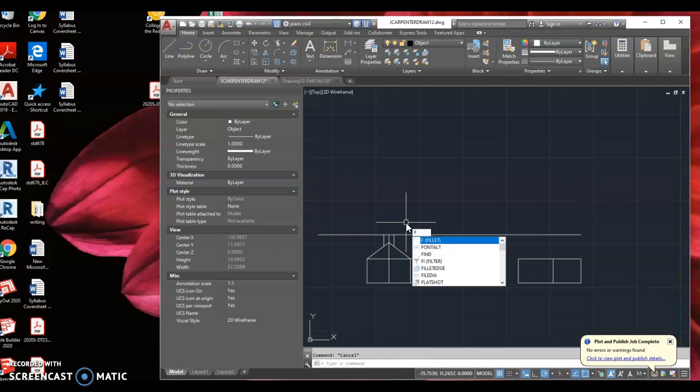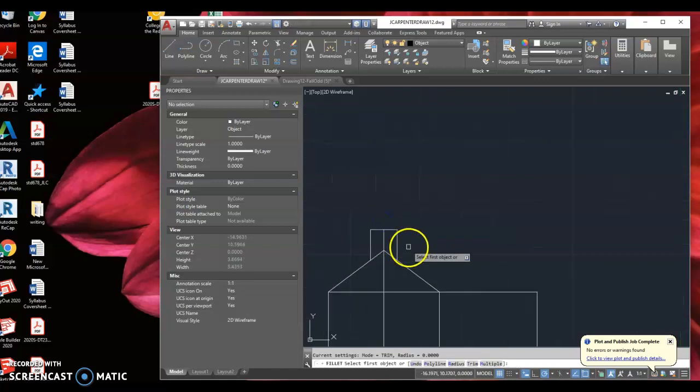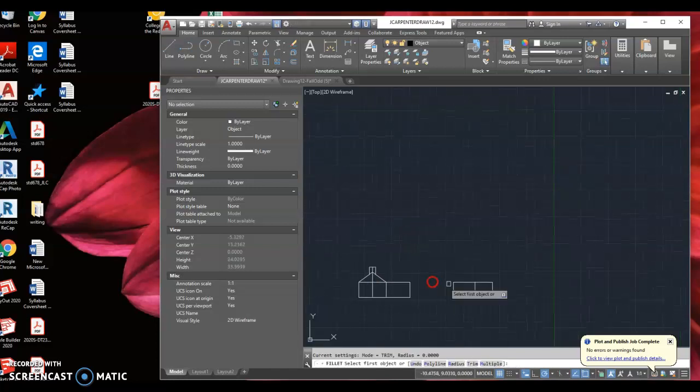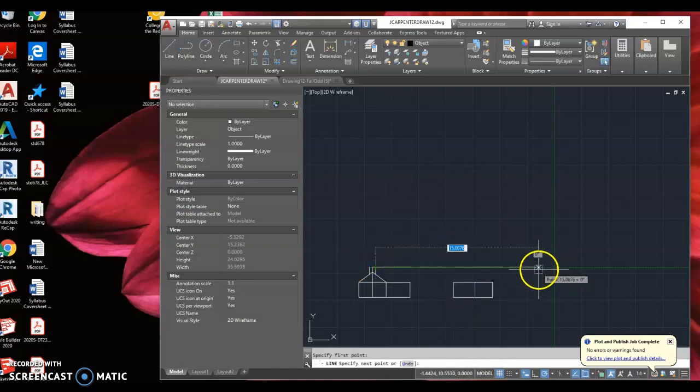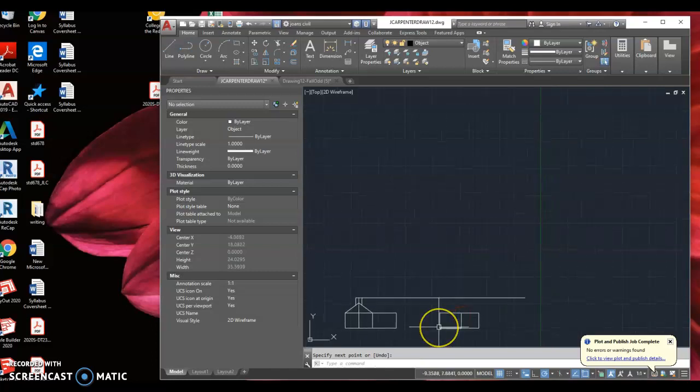And we can use a fillet command with a 0 radius. The radius is already at 0. And just click once, F, select first object, repeat. So that was coming over from the other side, but we'll drag that line back just as a placekeeper, and we'll